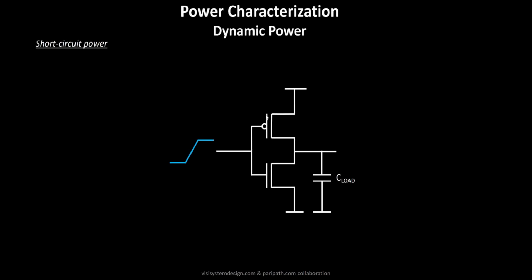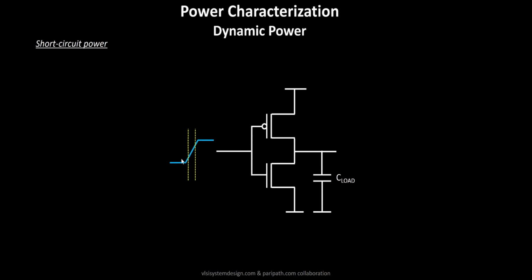In order for this transistor to not conduct, your VGS, the gate to source voltage, has to be in the range of about negative 200 millivolts to 0 volts for the transistor to completely turn off. Whenever the input signal switches from logic 0 to logic 1, before it reaches logic 1, it has to go through this path, and while doing so it doesn't completely turn off your PMOS transistor, because your VGS is still beyond the threshold voltage of the PMOS. So somewhere around this region, your PMOS is still on.